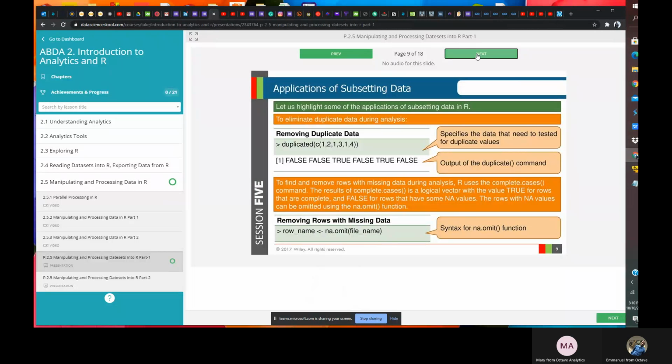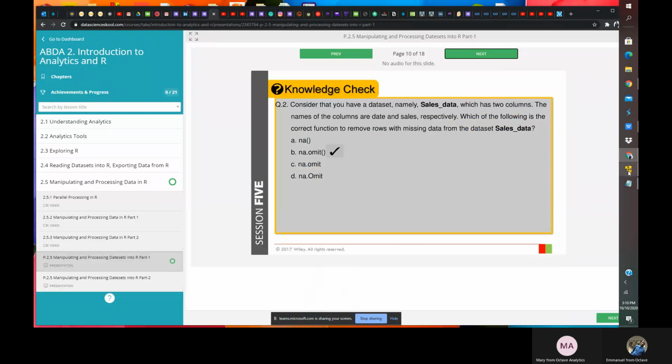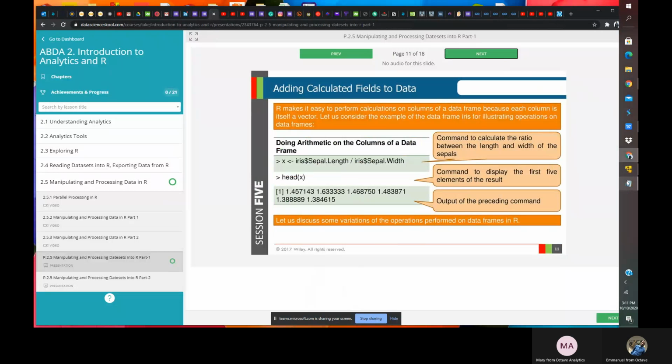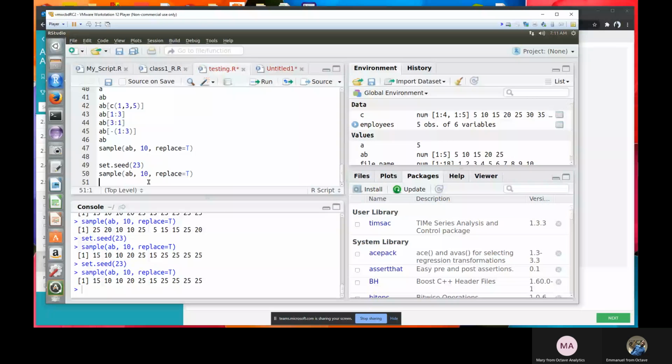But let's see how both of them work anyways. Before I go back to this one, let me go to my R console to do it again. I want to create a vector that has NA values.